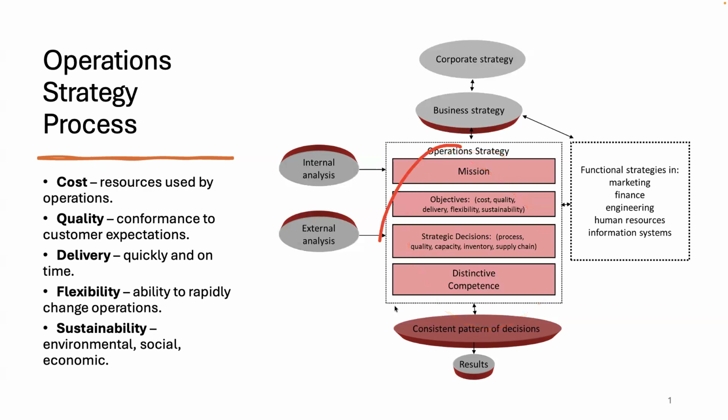Now let's zoom in on this part. Let's zoom in on the operations strategy box itself, which also follows a top-down structure with 4 levels of strategy or decisions. At the highest level is the mission of operations. This describes what operations are fundamentally trying to achieve. For example, an operations mission might be to maintain the lowest possible cost relative to competitors, while still offering